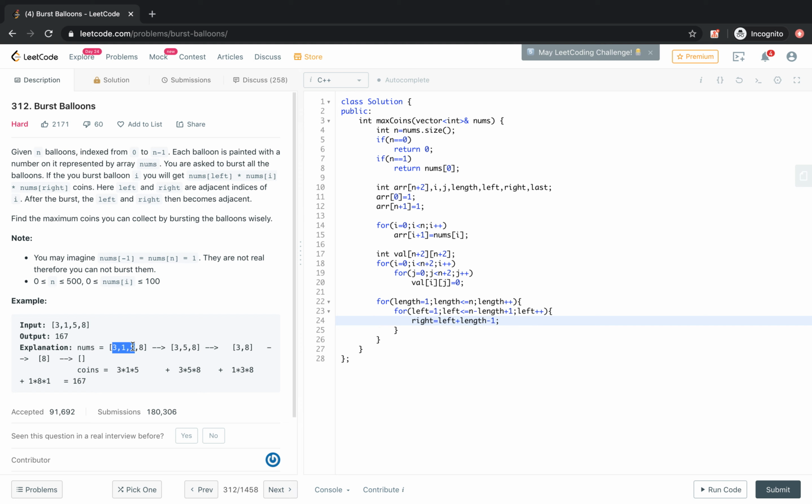So if left is here, right will be here. Then the next time left increases to index 2, then right will be 2 plus 3 minus 1, so it can go till 4, correct?